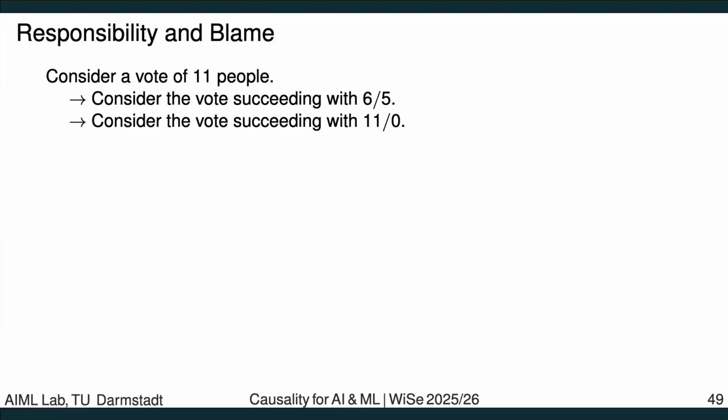So do I know, for example, in this first setting with 11 people and the 6-5 outcome, that the vote is already at 5-5, and I'm the last participant that votes after everyone else? Then I have a lot of responsibility and maybe also blame for the consequences. Or does everyone vote in parallel? And then again, the responsibility would be distributed among the at least 6 people that voted for that outcome.